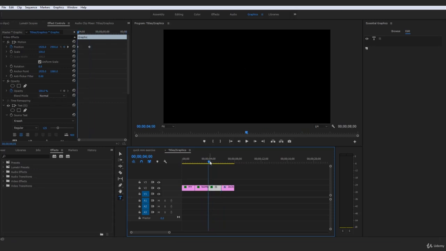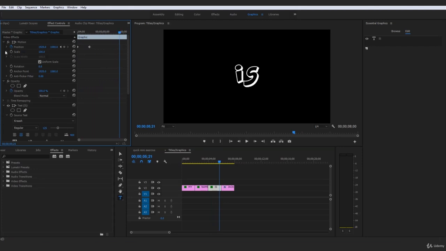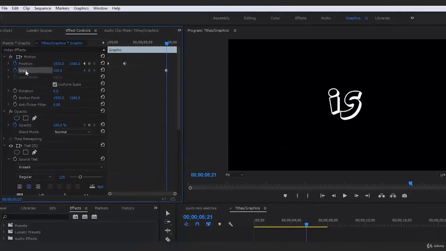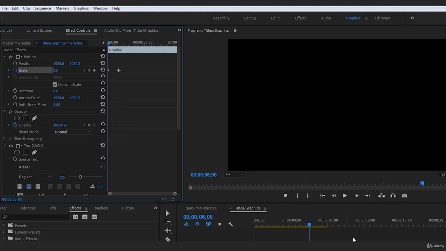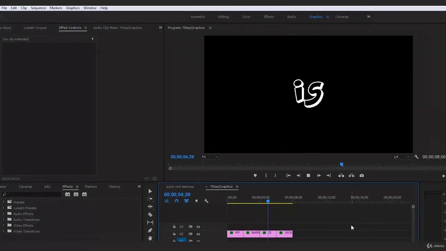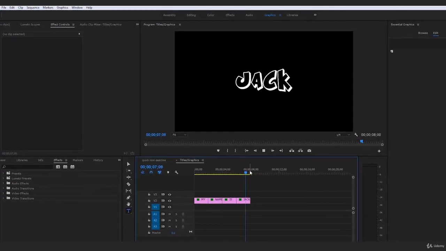I think the "is" is going to actually drop out, so the scale is going to go down. I want to put one marker here, go a little bit towards the end, just make that 0, pop that there, so it's actually going to come down. In fact, I want to make that a little bit quicker, so it sort of shoots down, and then the Jack, I want the appearance of the Jack shooting upwards nice and quickly. So we would go in a few frames, add that scale, go to the end, and add that on a 0. So now if we give this end bit here a play, the "is" drops out while the Jack comes in,